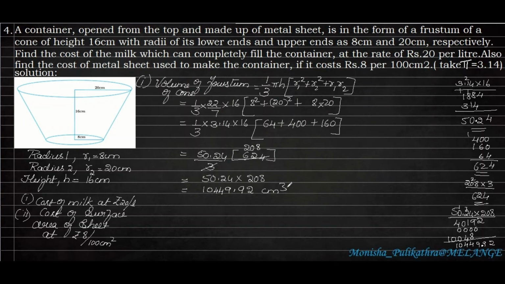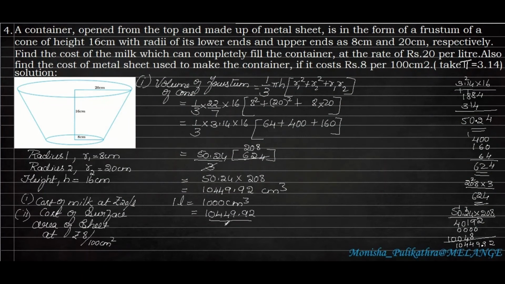But we have to convert it to liters, because here we have to find the rate at which the whole container will fill with water, fill with milk. For per liter we have to consider, so we have to convert this into liters. We know that 1 liter is equal to 1000 centimeter cube. So to convert it into liters, we have to make it as